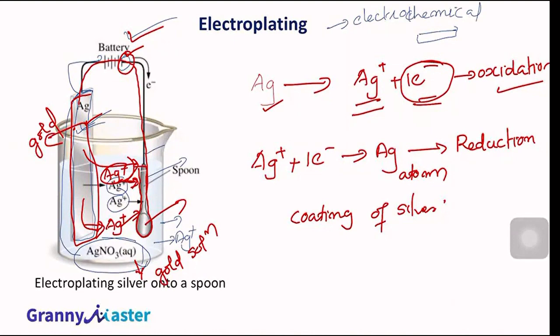Understood? So I hope now you got the idea behind different types of electrochemical reactions. And when an electrode is called an anode or a cathode, what is the role of the electrolyte? We also studied how with the help of electricity, chemical reactions can be started, and with the help of those chemical reactions, we can even do coating of one metal over the other.